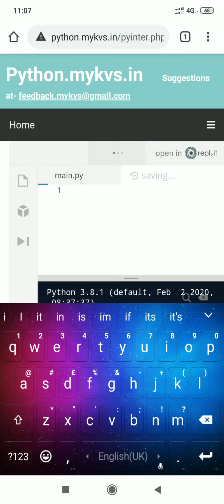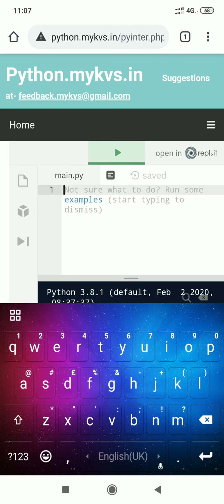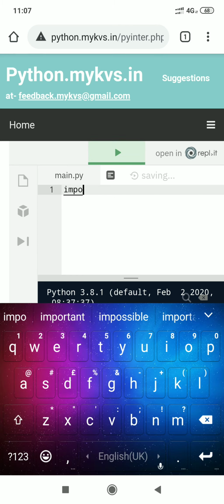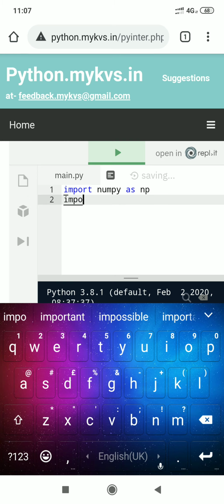Write here: import numpy as np, import pandas as pd.